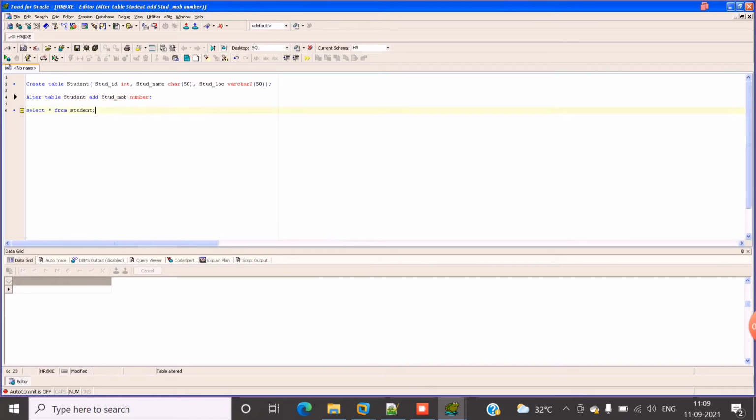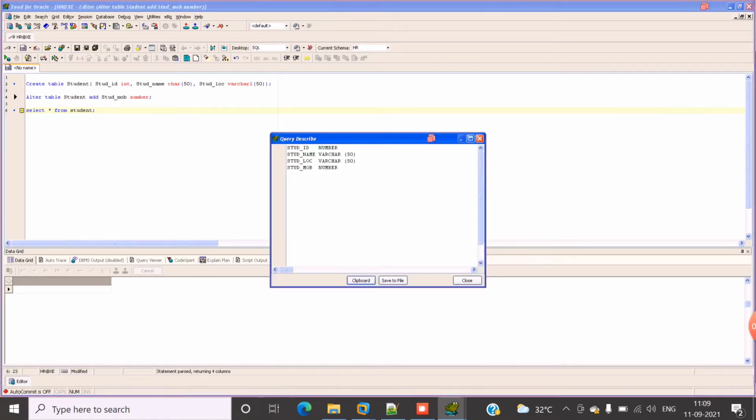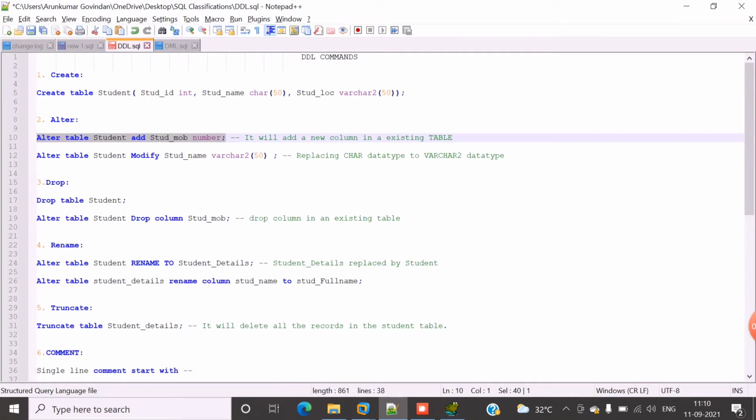For that, just execute the select star from student table. Now you can see there are four columns present in the student table: student ID, student name, student location. Now we have added student mobile column to the student table. Hope you got it. The next syntax in alter is I'm going to modify the data type of student name